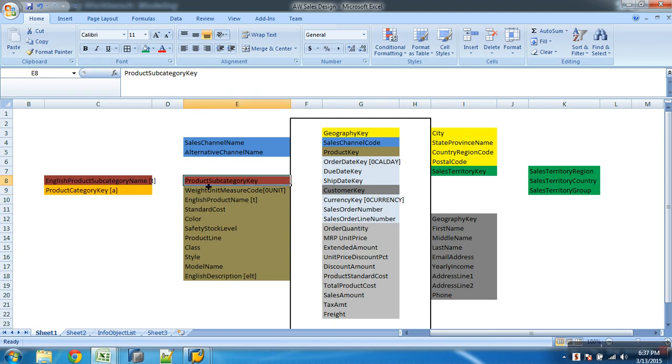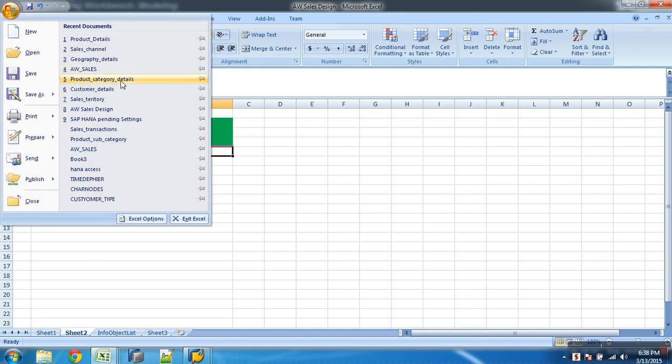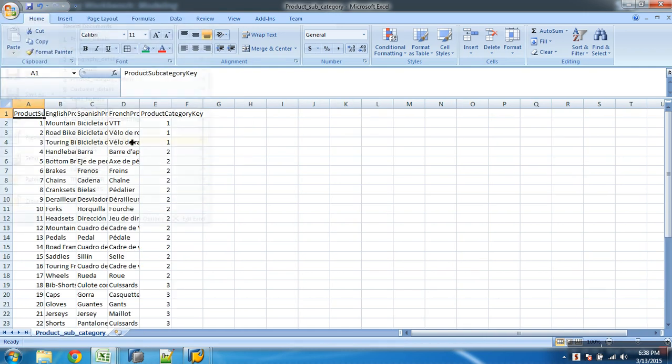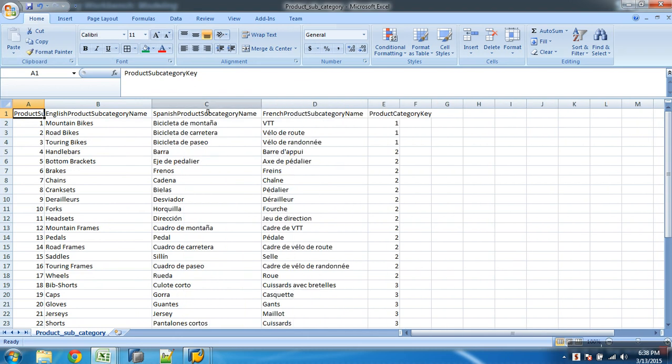So for subcategory key, do I need to have an attribute table and a text table both? You remember that yesterday we discussed? So for subcategory I want attribute and text. Actually if you look at the table, product subcategory, where is it? This was a file. We thought we deleted, right? I will not delete it.